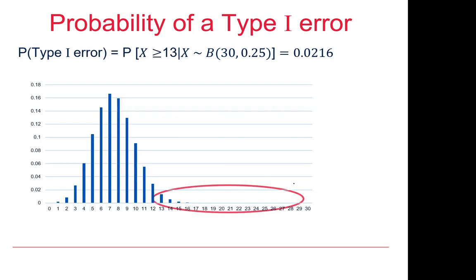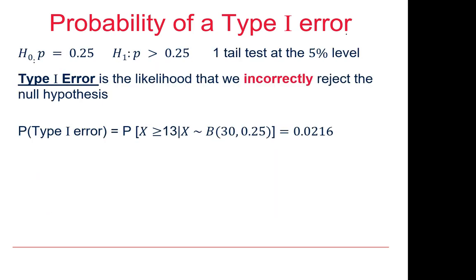And so our critical region, the outcomes that will lead us to reject the null hypothesis, are 13 up to 30 number 1s obtained when throwing that die out of 30 throws. And so the probability of a type 1 error is obtaining 13 or more 1s when in fact H0 is true, and the probability of obtaining a 1 is in fact 0.25. And that probability is small, it's 0.0216. And therefore we can say that the probability of a type 1 error for this particular test is